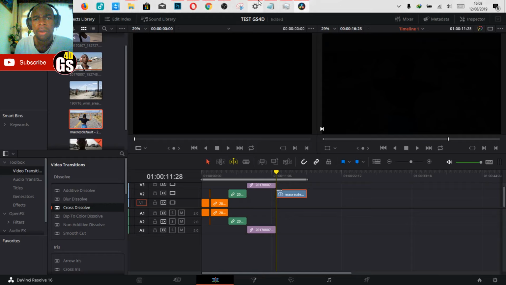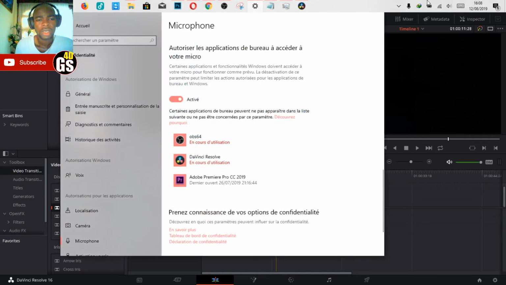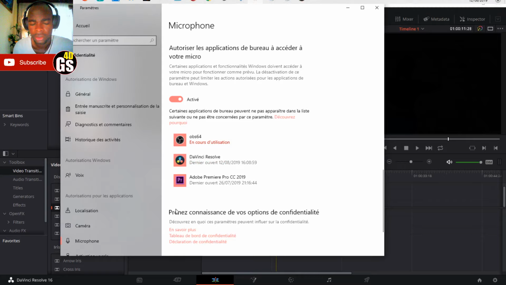If you meet a problem with the audio, you can click on this beautiful mic to open these settings on Windows. This is the microphone. You can deactivate like that, and activate again. Look at that. When you see this, there is a problem. You can do the same action to deactivate and activate.